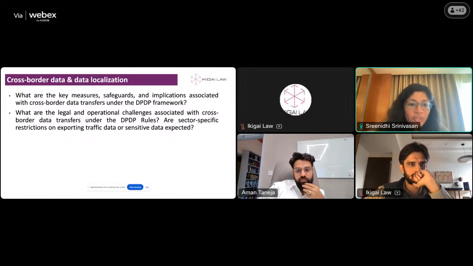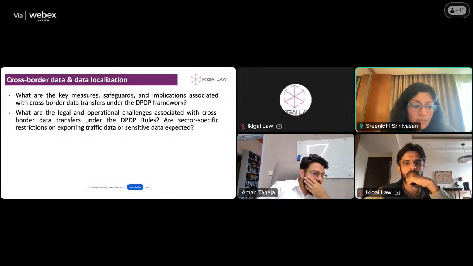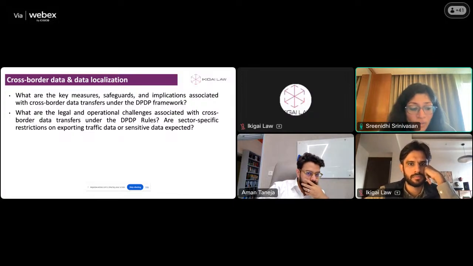I think just keeping close track of what the notifications are that the government comes out with under this. And I think for any transfer, whether it's within India or outside, there will be some similar safeguards that one has to implement. In the absence of a blacklist or a list of countries, I think that's all that I can say right now, that any transfer that you're doing, if it's outside India, I think you might still be better placed in doing some risk assessment, practically on where it is, what is perhaps also the likelihood of that country